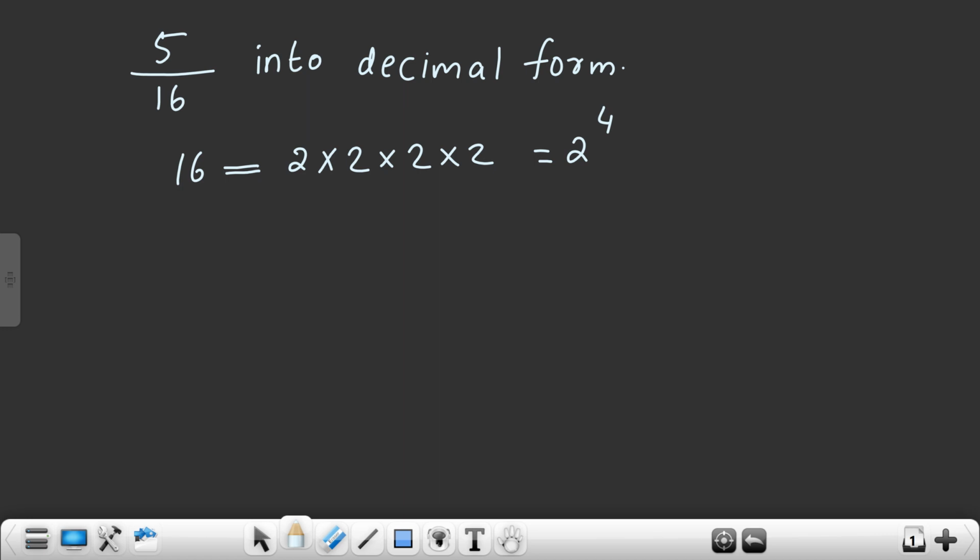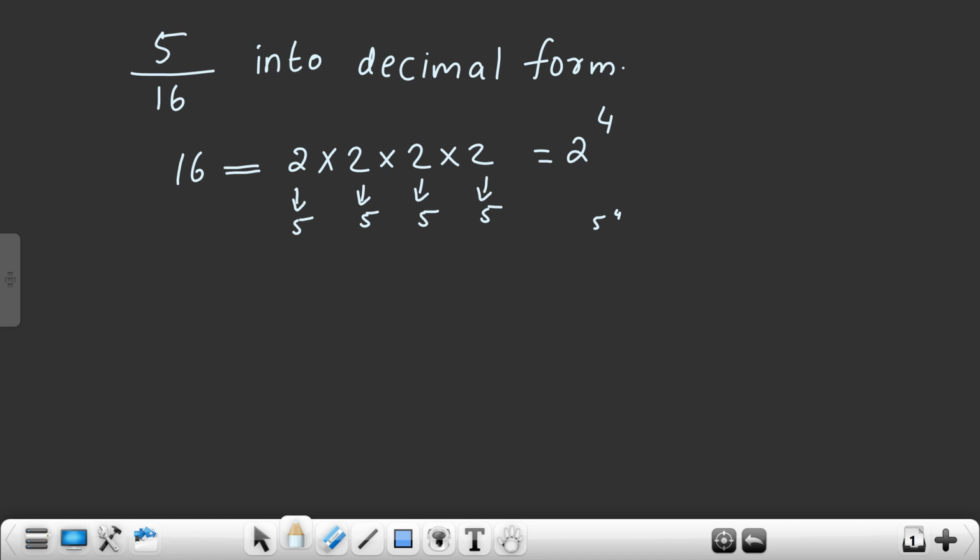Here the denominator contains the factors of 2 only. So we can convert this into power of 10. So to convert into power of 10, multiply 2 by 5. Here also multiply by 5. Here also multiply by 5. Here also multiply by 5. So to convert 16 into power of 10, multiply 16 by